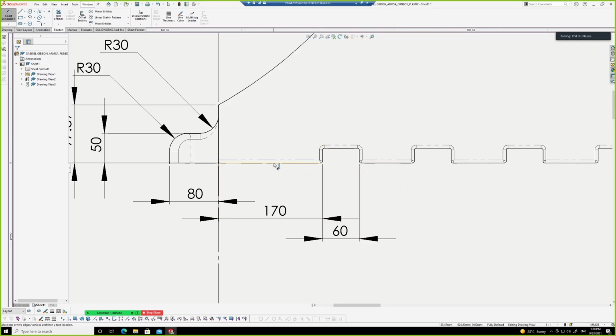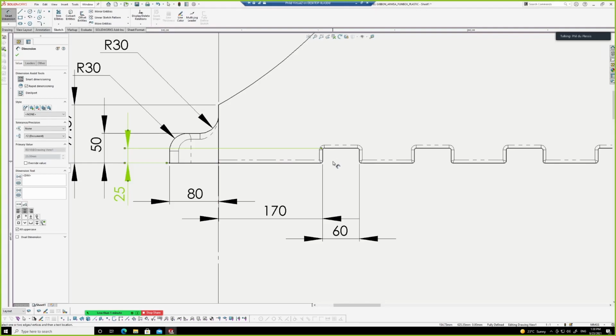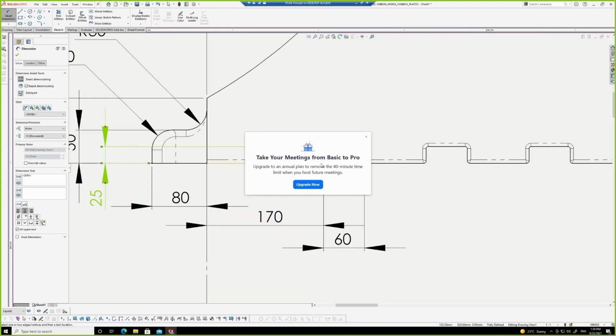Okay, but before I do that, I just want to dimension, let's go from there up to there. That's not going to do it. It's from there to there. Sorry, I grabbed the wrong point in the beginning. So I've got the depth, and I've got the distance from the left-hand side, and I've got the width. Now I just need to know what's the frequency of this thing, and then I can put the radii in an exploded view or an enlarged view. So I need to know from that. Okay,